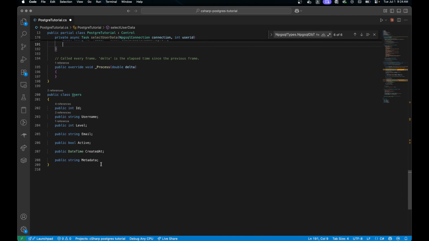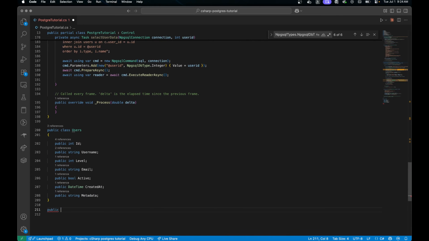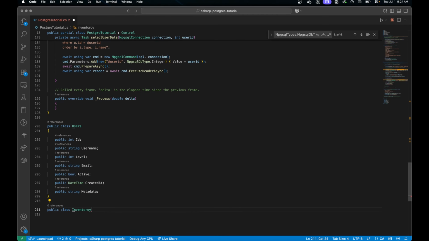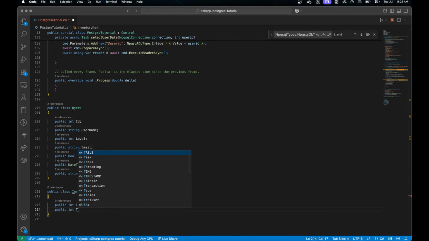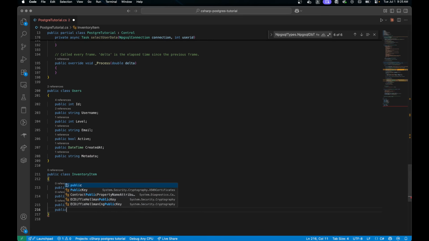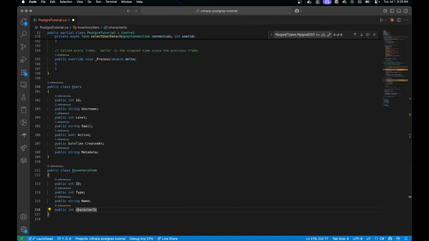And now we're going to need some kind of object to house this. So we'll come in here and create a new class. So we'll say public class Inventory[], and we will go ahead and create that. Now I know again that you can put these in different classes or different files, which is technically the correct way to do it. But for this tutorial, I'm just doing it this way just to make things a little bit easier for us. So I'm going to say InventoryItem instead, and I'm going to say public int Id, public int Type, public string Name, public int CharacterId, and I'll probably want to do capitals for that. So CharacterId,